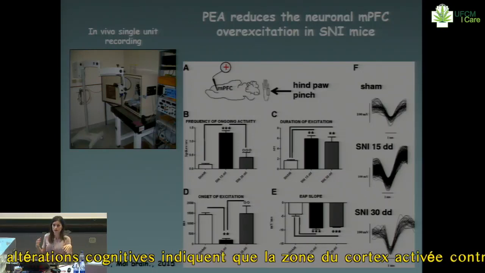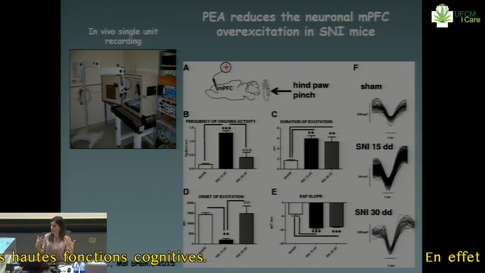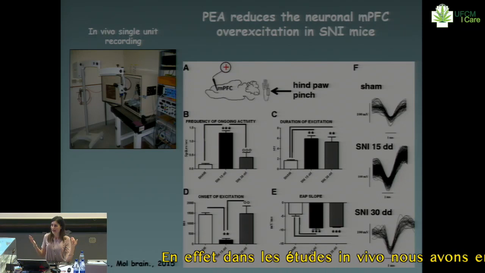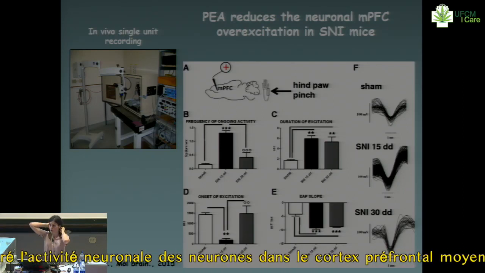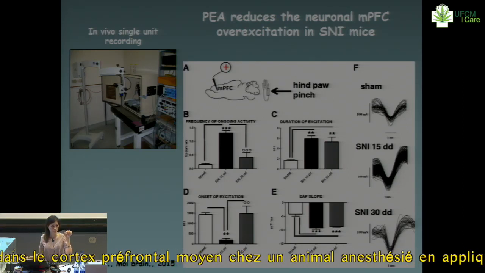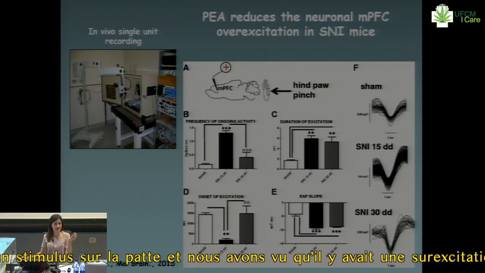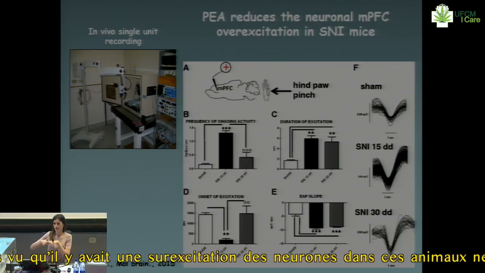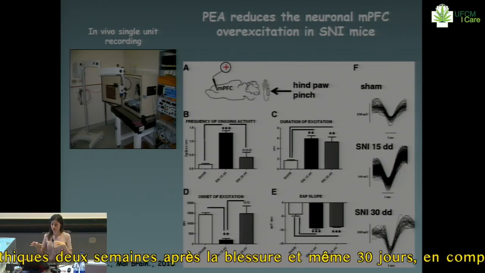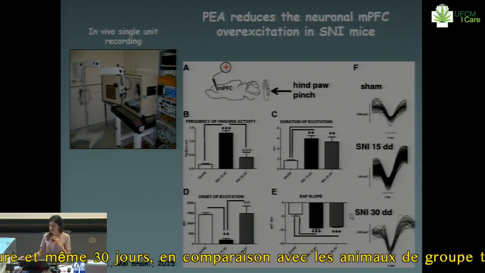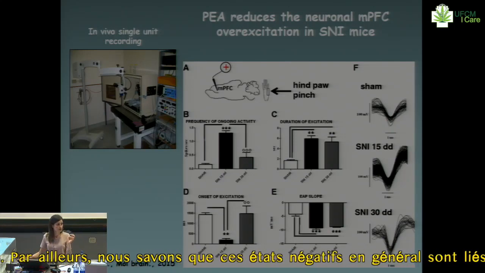The depressive-like behavior and all the cognitive alterations indicate the involvement of cortical areas that usually control high cognitive functions. Indeed, from in vivo extracellular recording, we recorded the neuronal activity in the medial prefrontal cortex of anesthetized animals by the application of a noxious stimulus on the paw, and we found an overexcitability of neurons in the neuropathic animals 30 days, but even more 2 weeks after injury, as compared to control animals